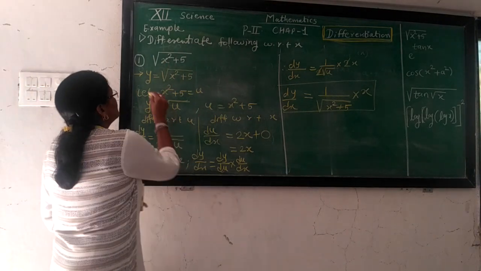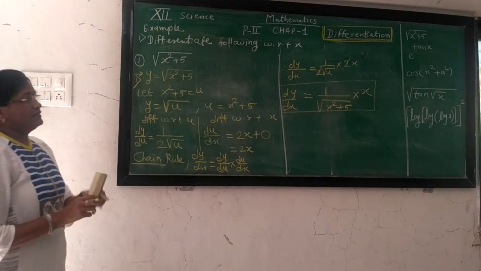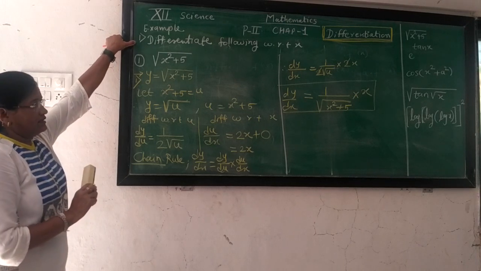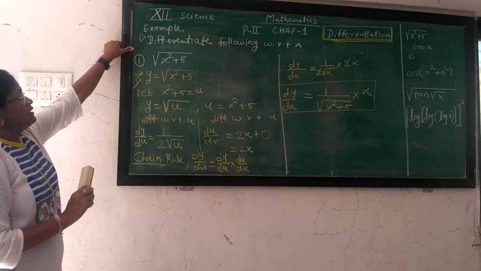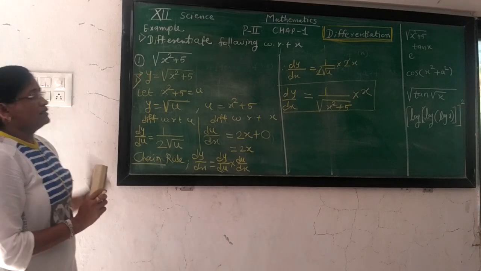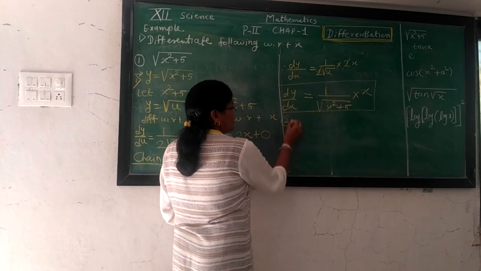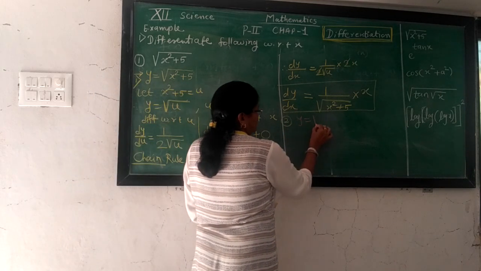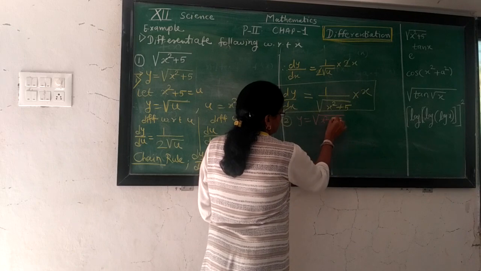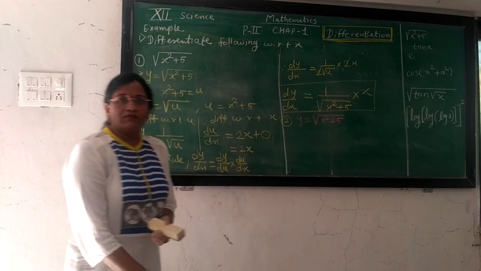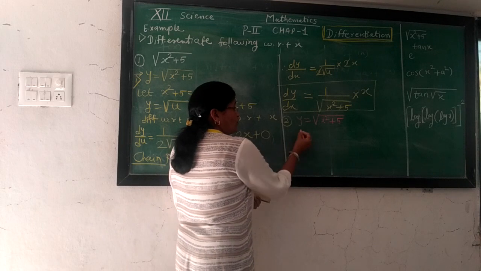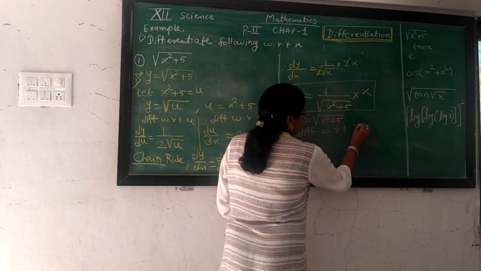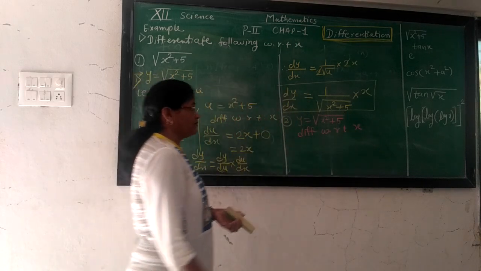That was the first method, but we can change by taking the direct method. These steps are reduced to minimum steps and we find the direct answer for the square root. So the second method is very easy to solve such types of examples. For this case, the first step is again the same. We take the given function y equals square root of x square plus 5. So we can differentiate this directly, differentiating y with respect to x on both sides.